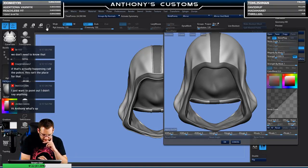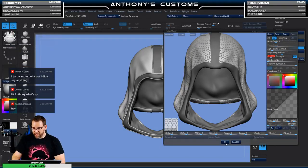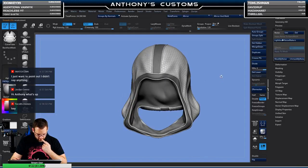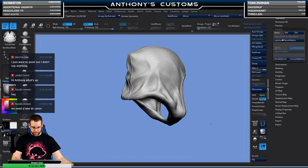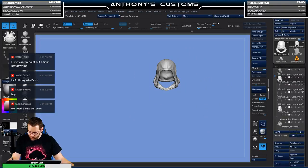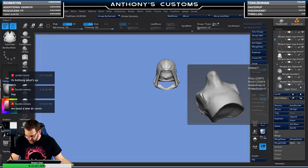Now my other question is, maybe I should use a different pattern. Let's try the hexagons first and see what we think though. Now they're going to be a whole lot less obvious when they're actually on the thing. That looks kind of nice, right? It's amazing how much work you can put into these dang things. Let's go ahead and...